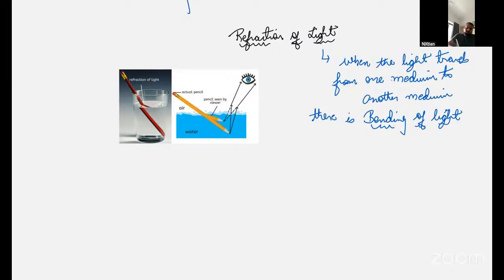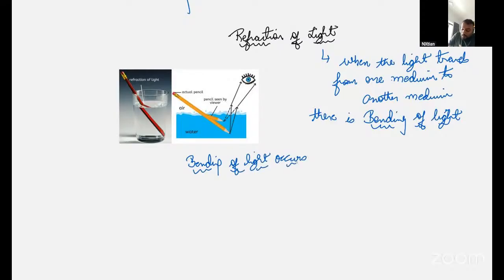Okay. So here, why does the bending of light occur? There is a reason for that also. See, bending of light occurs because you can see that